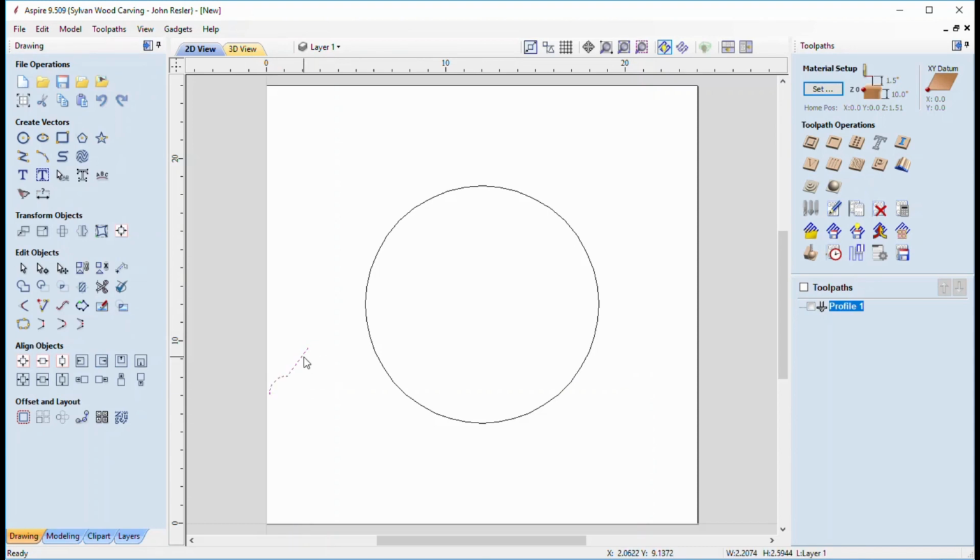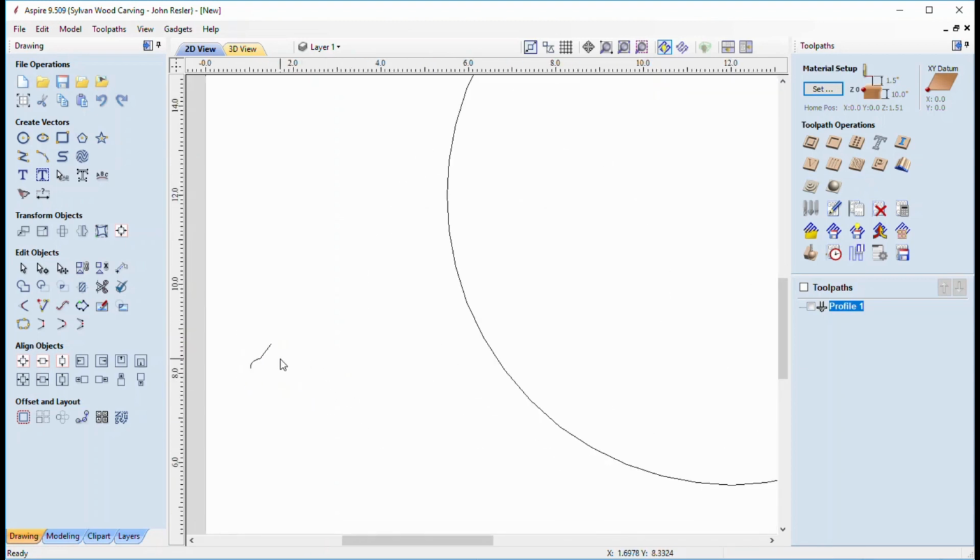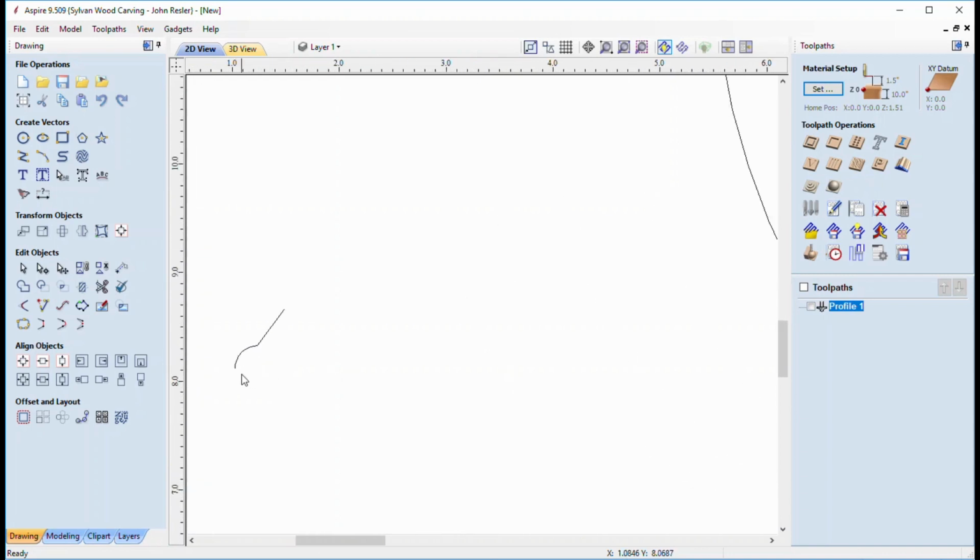Now it's pretty big since this is a 24-inch file. So let's go ahead and shrink it down a little bit. Now that dimension actually matters when you import the tool, because the importation functionality is going to look at the size of that vector and say, okay, this is how big this vector is. This is what I need to be concerned about. Now the other thing it's going to be concerned about is, do you try and turn inside on the vector? In other words, is everything extending to the right or at a minimum extending straight up?